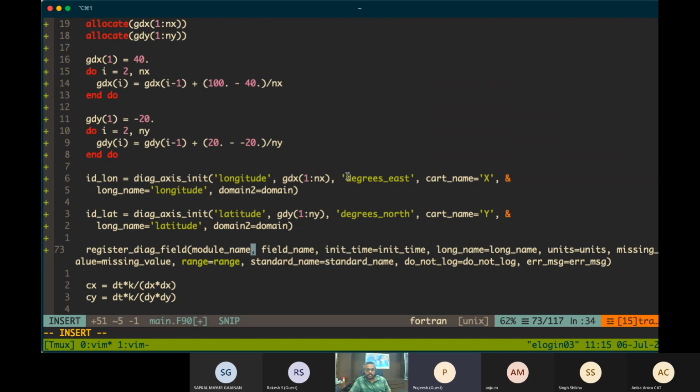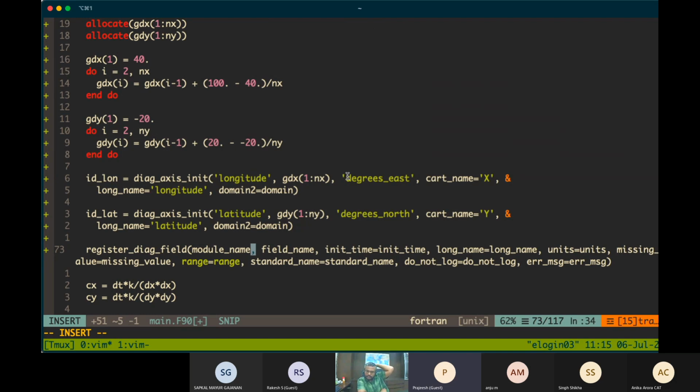Let's assume a very complicated ocean model with dynamics and vertical mixing, each done in different modules.